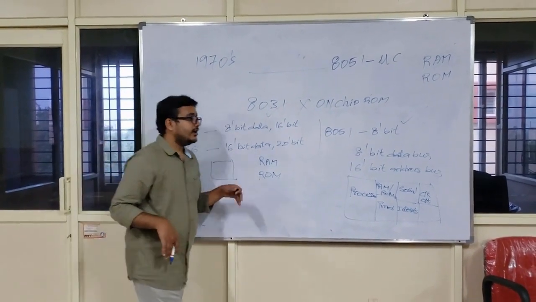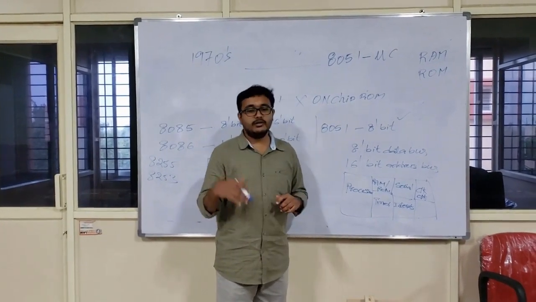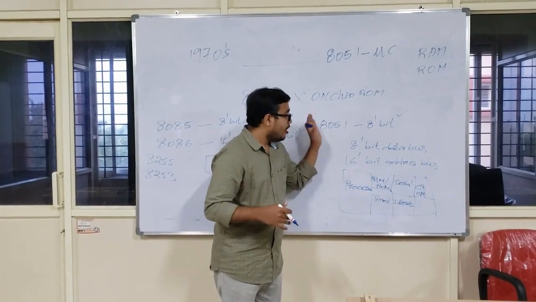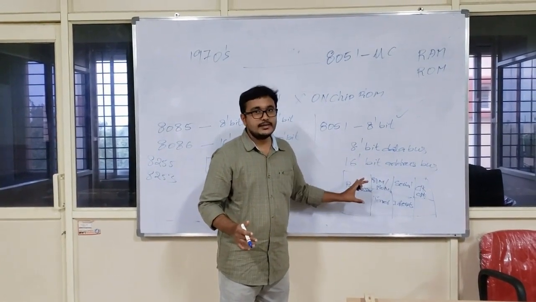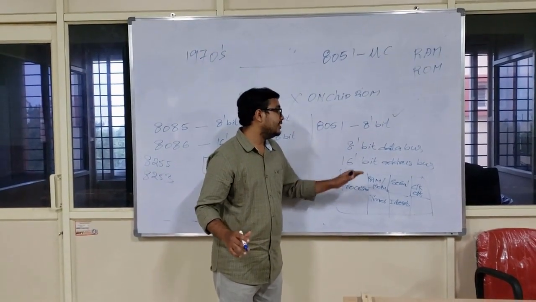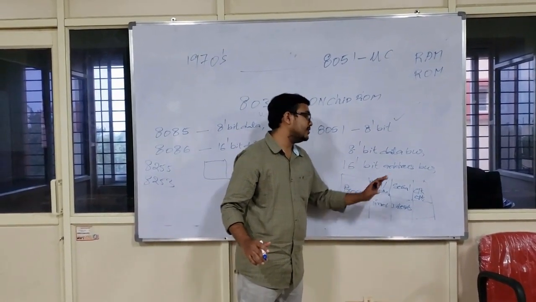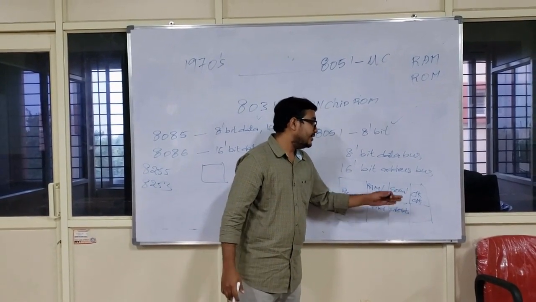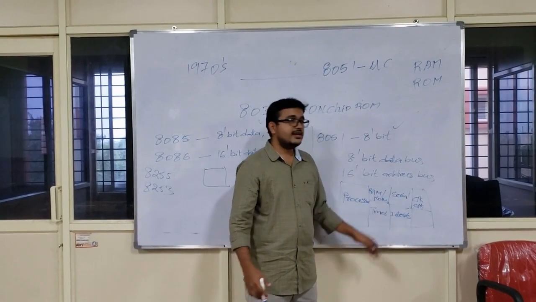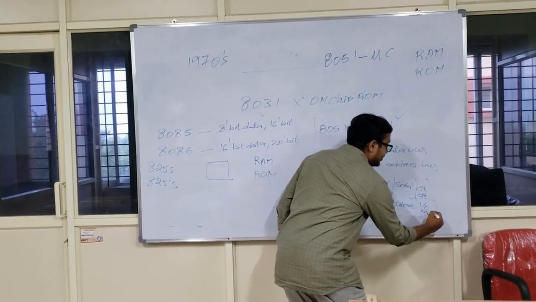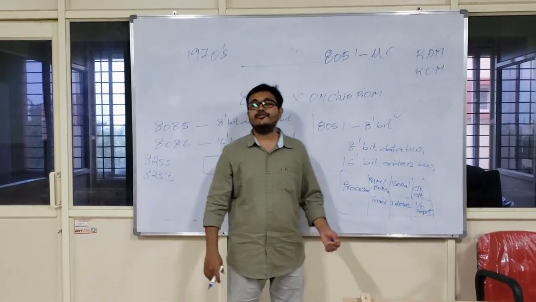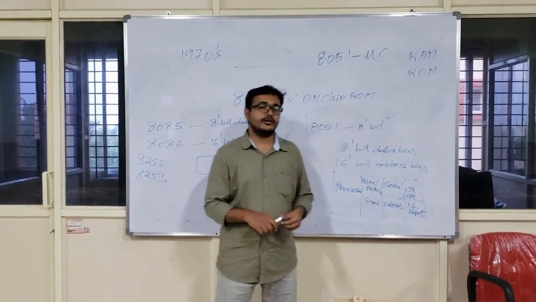functionality. But coming to my microcontroller, I don't have any extra burden to connect the remaining circuitry. Why? Because all the things are gathered onto a single chip, where I am tension free. That means I have on-chip memory, on-chip timers or counters, interrupt controllers, serial communication ports, as well as clock circuits, and I/O ports are also present inside the chip itself. That is the main difference between the microprocessor and the microcontroller.